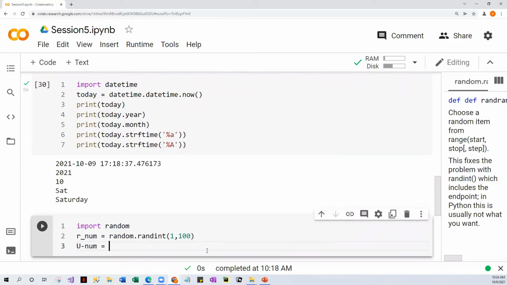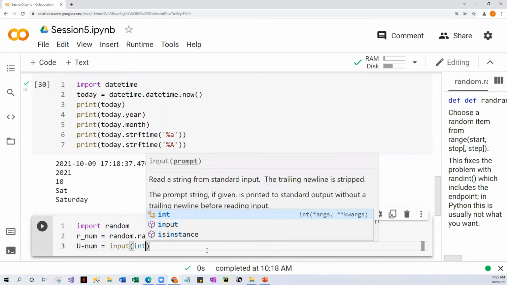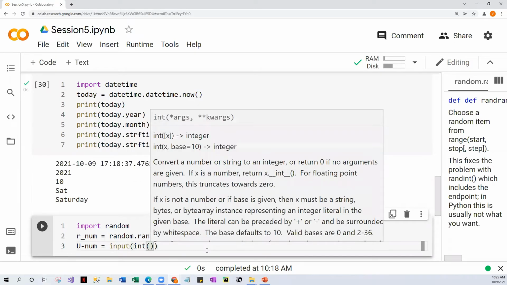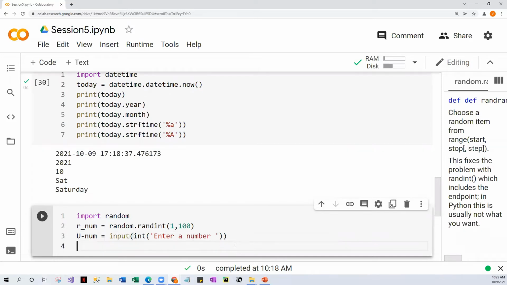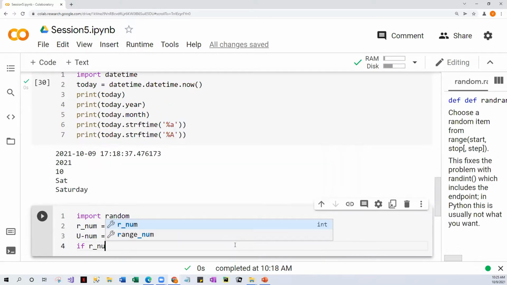Num is equal to, we are asking the user to get the input, like input, int, enter number. Then what we are going to check is if it is equal to